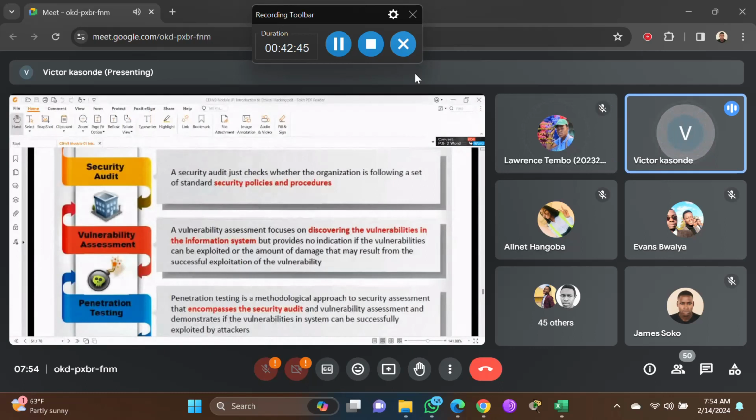So we are saying this vulnerability assessment focuses on discovering the vulnerability in the information system. You are just focusing on discovering the vulnerability in the information system, but it provides no indication if the vulnerability can be exploited. So you see the vulnerability. Oh, there is a vulnerability. But it does not provide that,